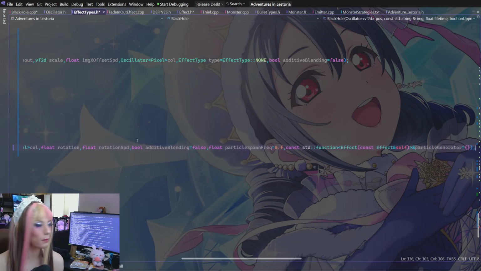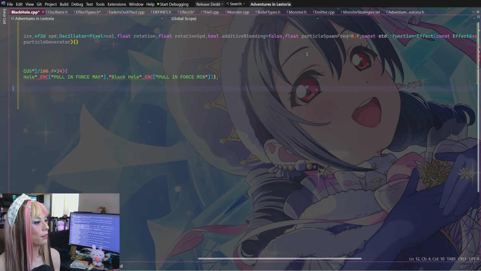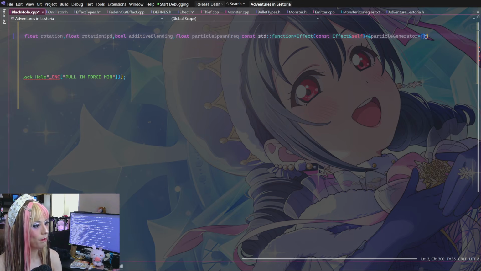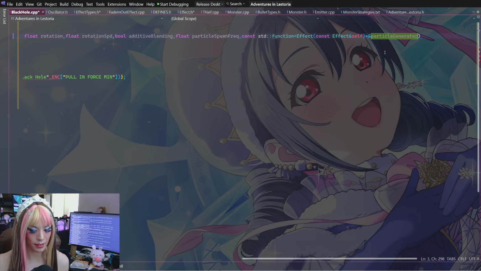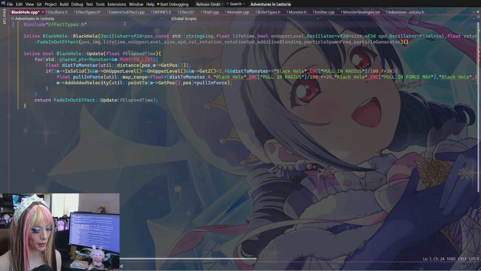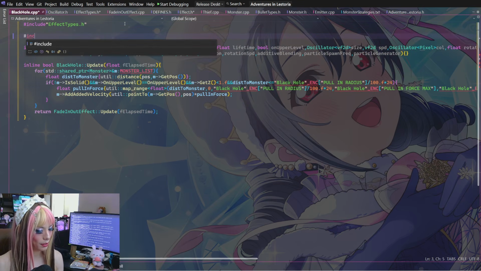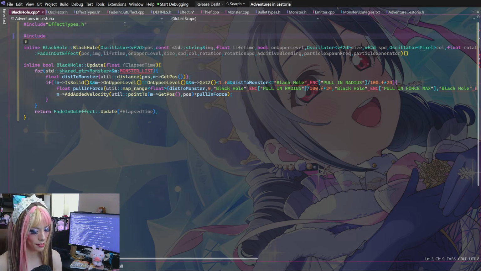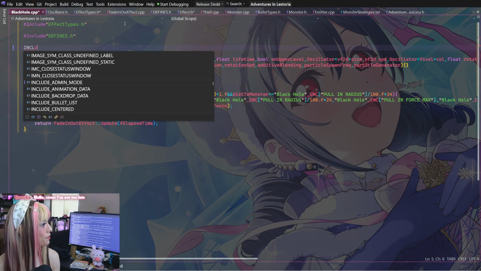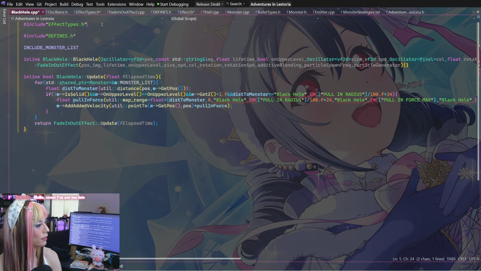That does have to go away. So yeah, like these, the compiler will say that they are redefined, which is not what we want. And then we'll have to include monster list in here. So include defines, and then we can include monster list, like so.